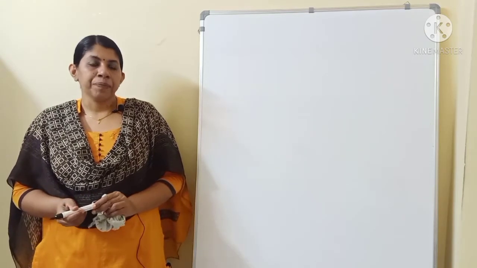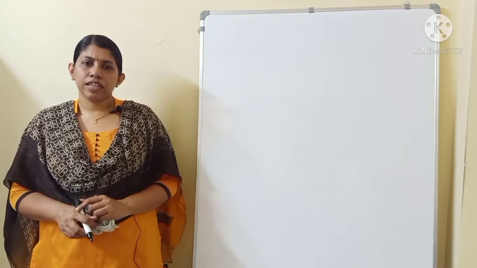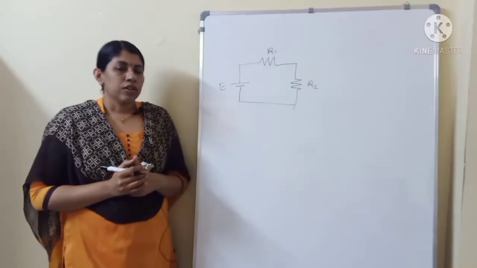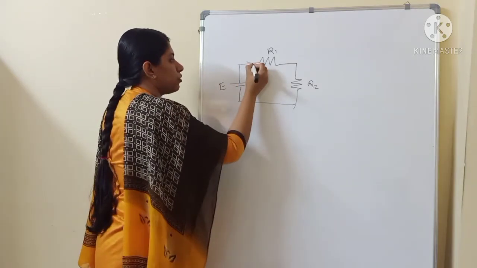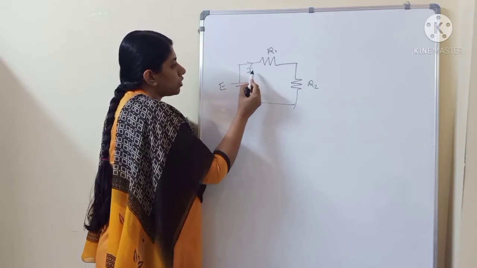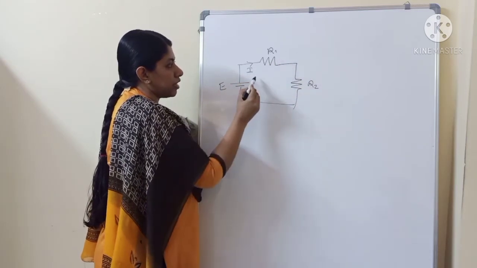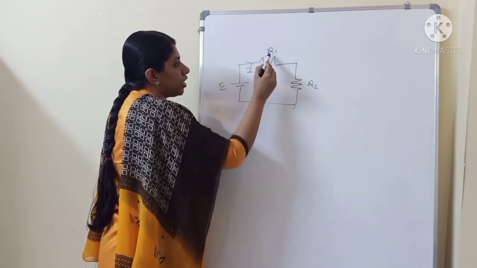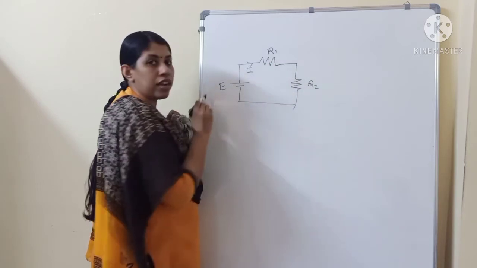with that. Okay, so first, how will we identify whether the given resistors are connected in series? So consider this circuit. In this circuit, because of the applied voltage, a current will flow through this circuit, as you all know. So when this current flows through the circuit, how will you identify in which manner these resistors are connected? If you see, you can see that the same current I will flow through both the resistances, that is through R1 as well as R2, right?